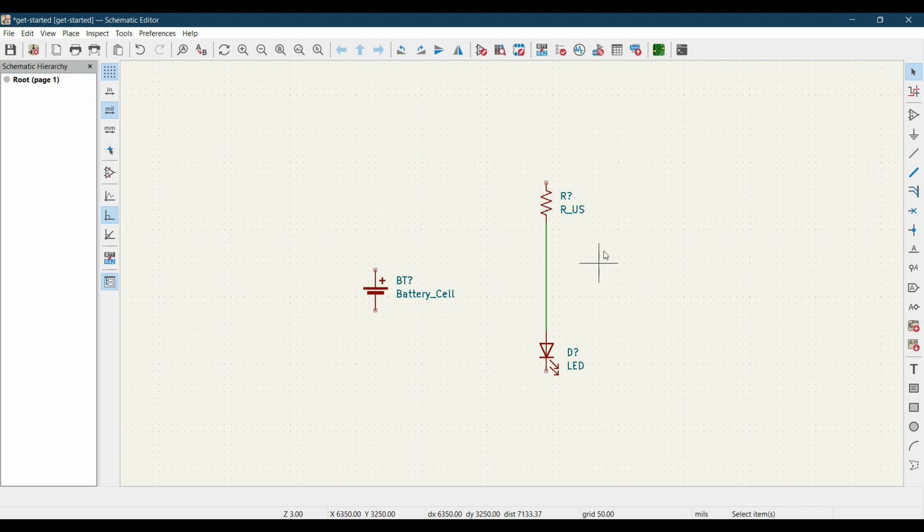So let's add wire. And the third way is you can simply hover your mouse onto this circle. You see over here, as I move my mouse onto this circle, my cursor changes to add wire. So just click on it and it starts to draw the wire, and click on this circle and a connection is made between the battery and the resistor. Let's add the wire between this battery negative terminal to the LED